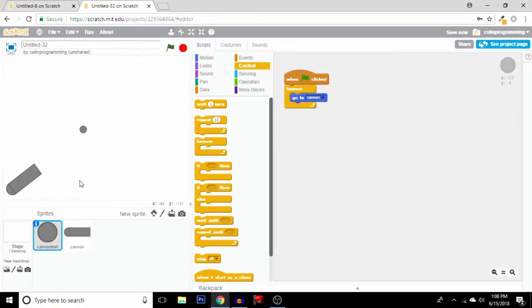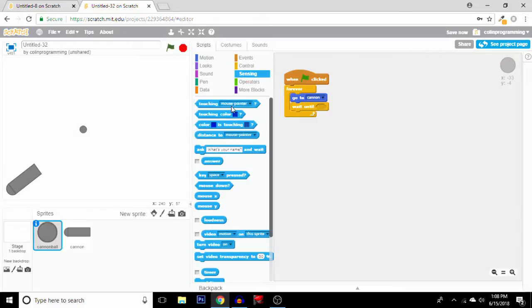So there's go to cannon, and then to make it respond to when it clicks, we also want to do wait until. We go to sensing, right? And then we find this mouse down block. So this is like wait until we click. And then